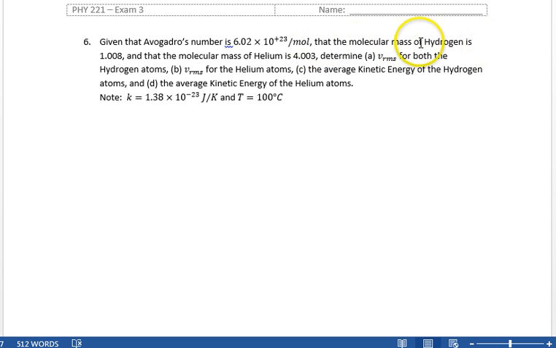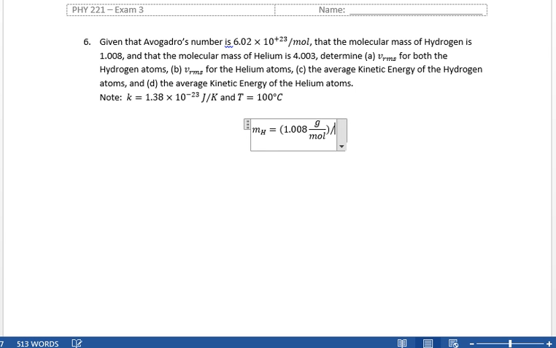we have the molecular mass of hydrogen, we have the molecular mass of helium, we have Avogadro's number. We need to determine VRMS for both hydrogen atoms and helium atoms, and average kinetic energy for both at 100 degrees C, right? All right, so where do we start? One, I'm going to start with what is the mass of hydrogen. Hydrogen is 1.008 grams per mole,